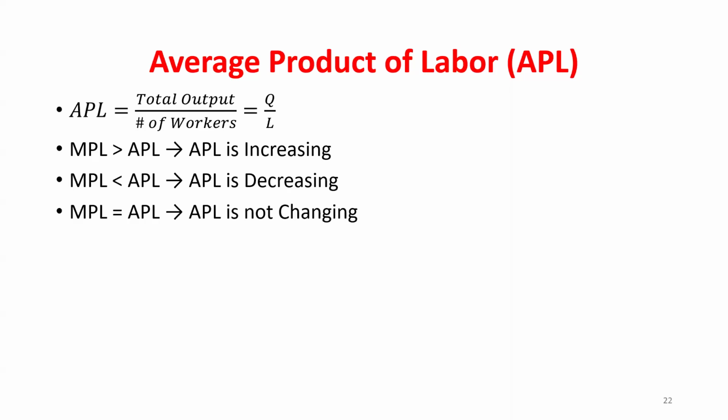Your current grade in the class is a 90. That's your average grade. And on the next exam, you get a 70. Your new average score is going to be lower. If the marginal product of labor is below the old average, my new average has to be lower, or my average product of labor is decreasing, right? Now, if they're the same, there would be no change. Your average score in the class is currently an 80. You get an 80 on the next exam, you still have an 80 in the class.